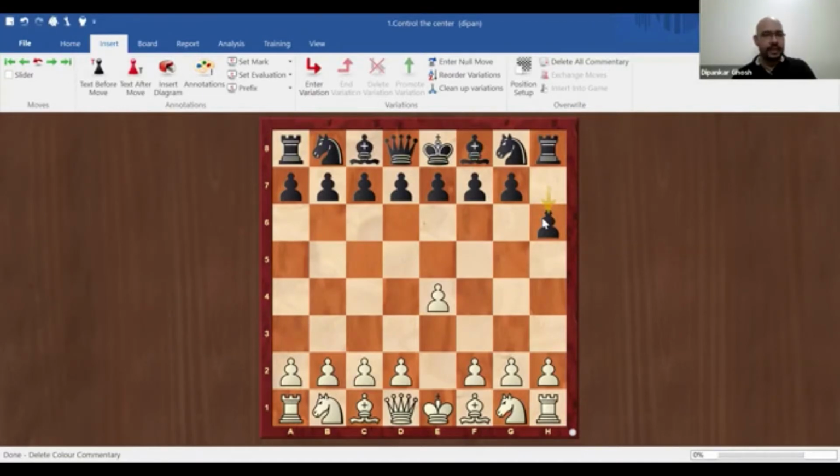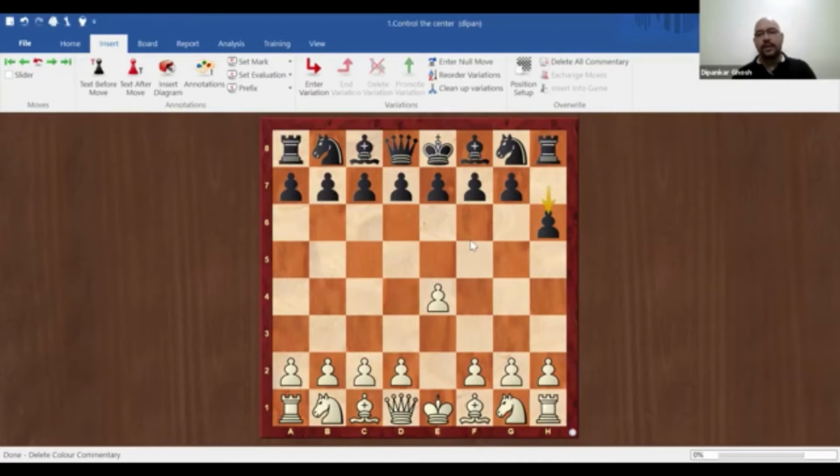So is this move in the center? No. And is this helping black bring out any of his pieces? No. The rook may come to h7, but what is this rook doing on h7, right? So when an opponent plays a move like this, then we should immediately grab the opportunity to put two pawns in the middle, side by side, on e4 and d4.